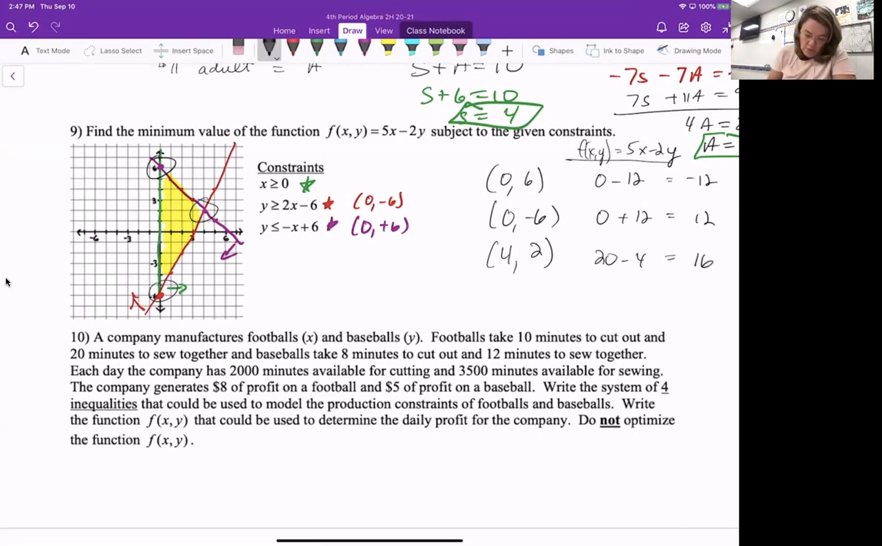And so they wanted to know, find the minimum value of the function. So the minimum value of the function,